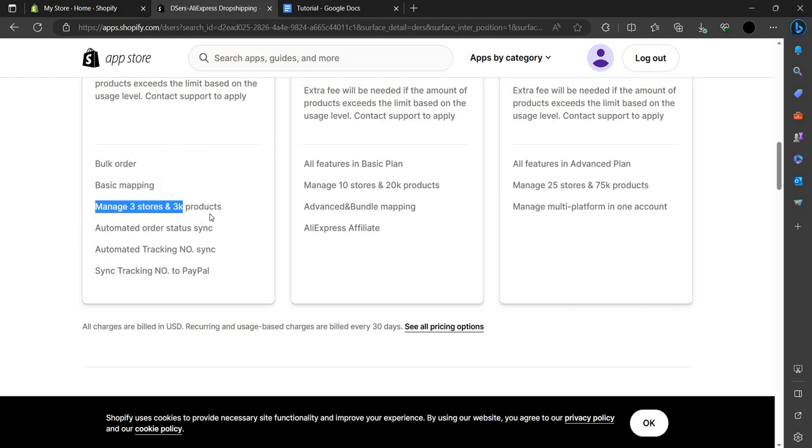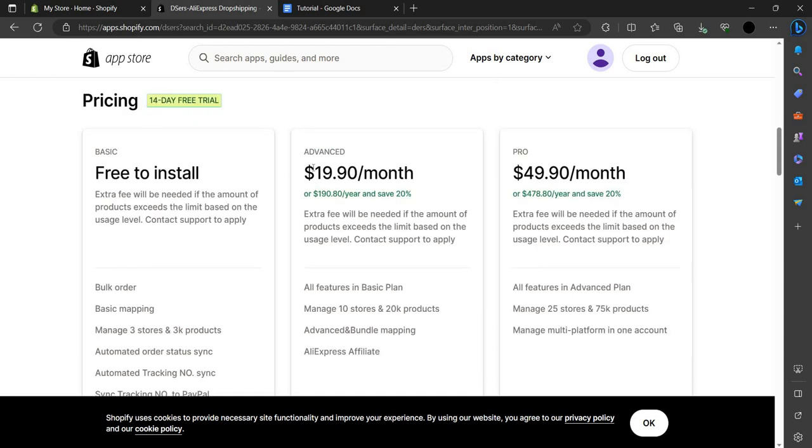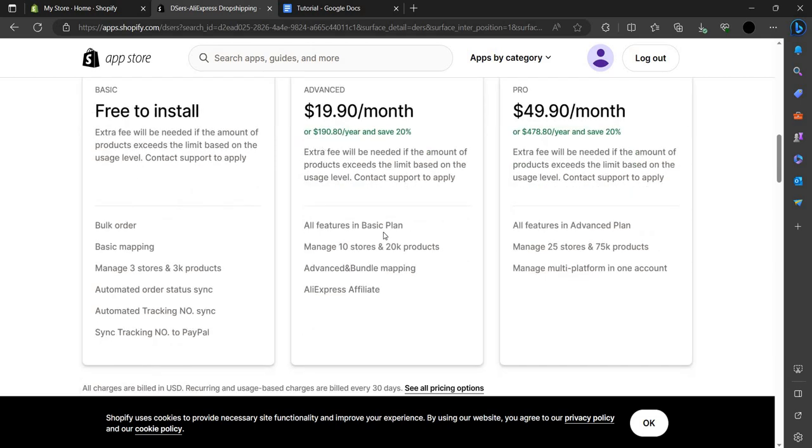will manage 3 stores and 3K products, 3000 products, automated order status sync, automated tracking, no PayPal sync. Okay. When you purchase the advanced plan, that will cost you $19.9. It will give you all features of the basic plan, plus you can add up to 10 stores. 10 stores means you can add your Shopify store, Etsy, and more stores, and up to 20K products, 20,000 products, and advanced